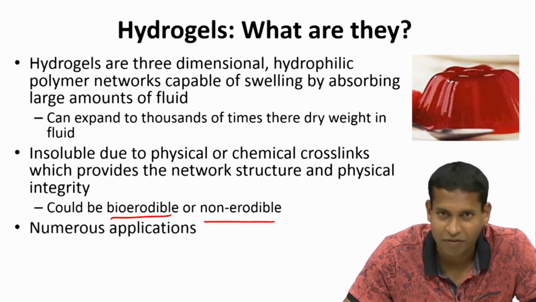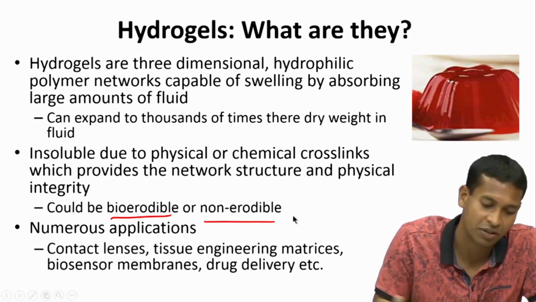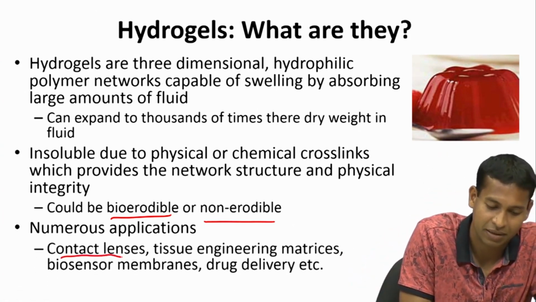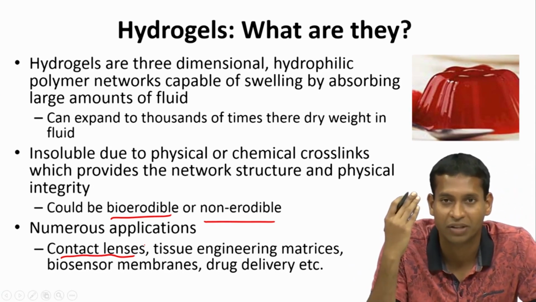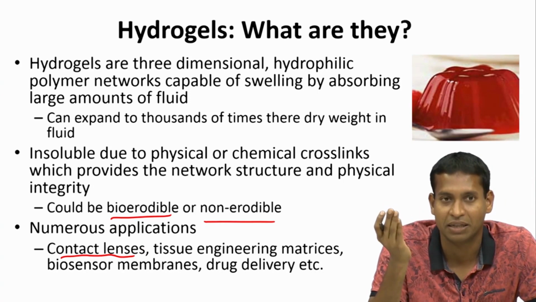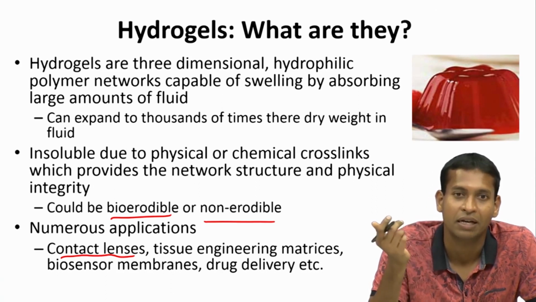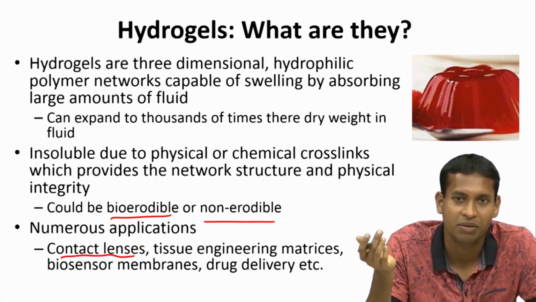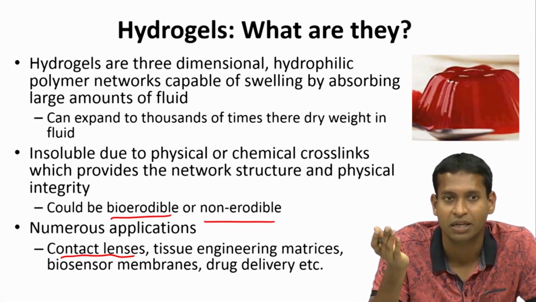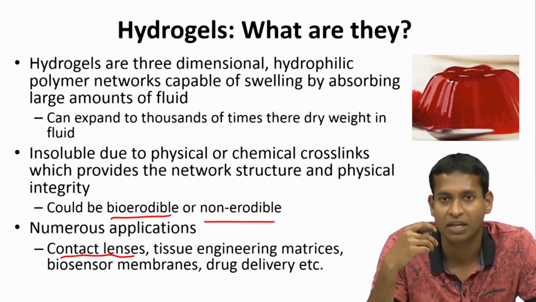And again there are several applications to this. They have been used in contact lenses. So, the contact lenses you will see people wear on their eyes in the front. Not only do they have power, but they can also protect the eyes, and hydrogels are used very often for that. They are used very widely in tissue engineering matrices, and we are going to talk about that as we go along in the course. They have been used in biosensors, they have been used in drug delivery,